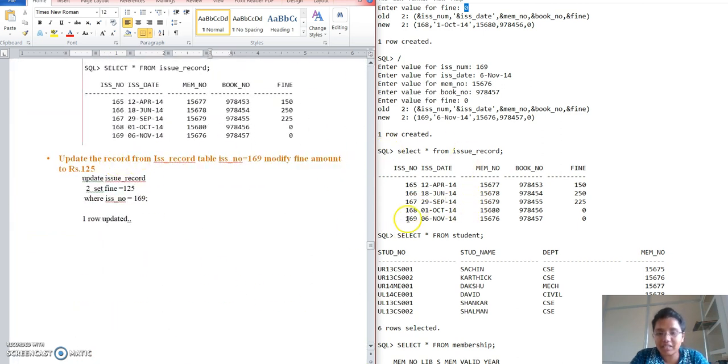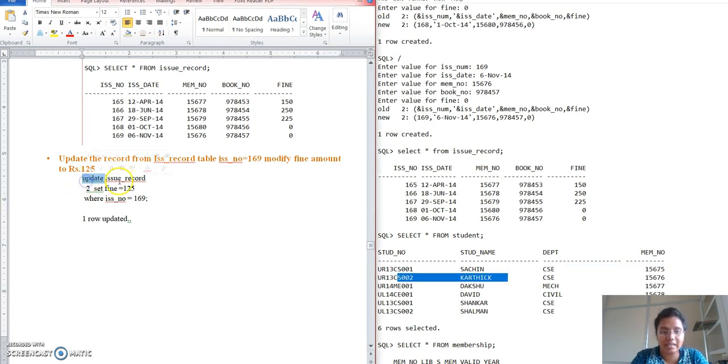When you need to update something from inside a tuple, that is inside a row, you're going to use an update table name syntax. So you need to update issue record table's issue number 169, and you have to modify the fine to 125. So how do you do that? You say update issue record, which is the common syntax, and in the next line I say set fine is